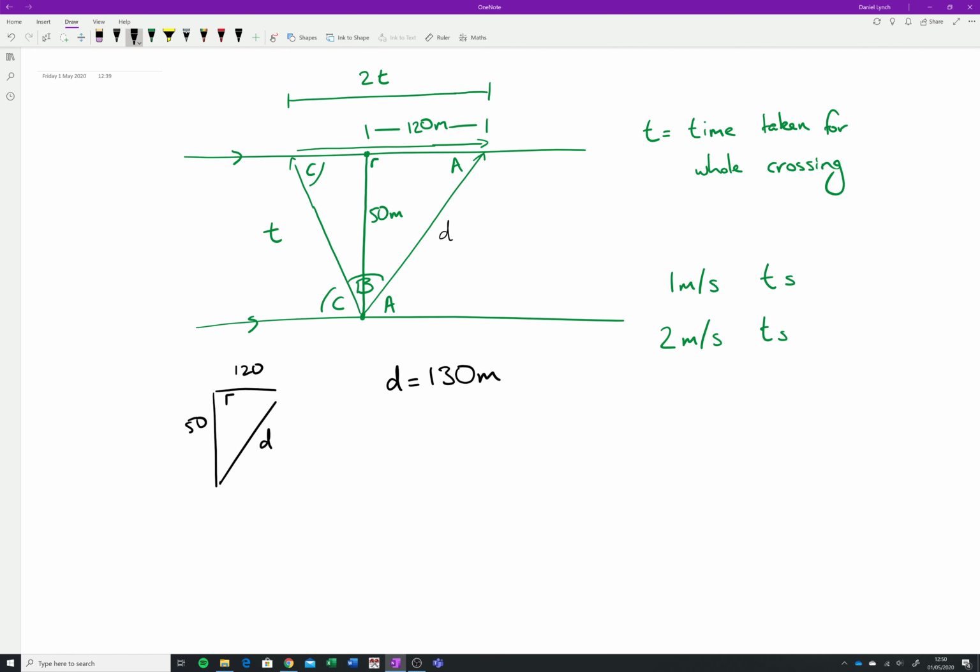So D is 130 meters. So this is a good start to getting it. Okay, now what we want to do is set up something called the sine rule. But in order to do that, we also want to get what the angle A is. Okay, so we now know what D is, we know that 50 and 120,